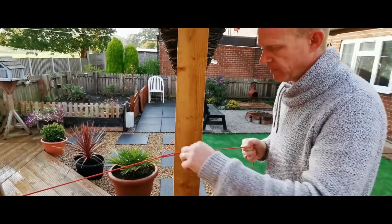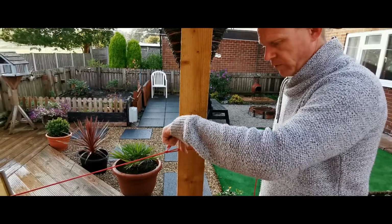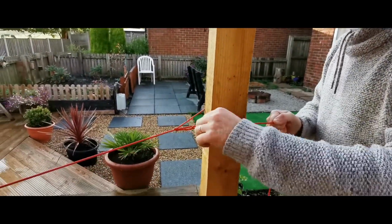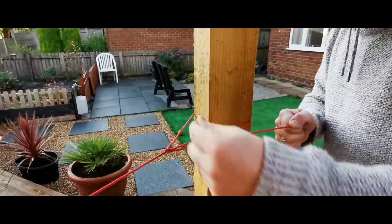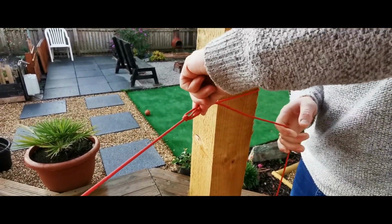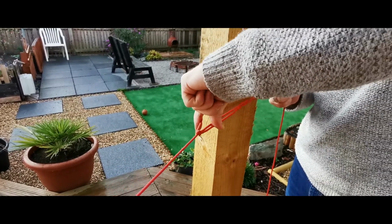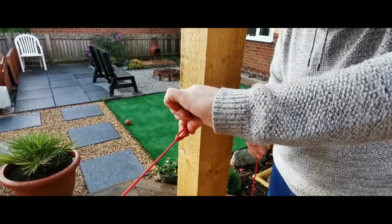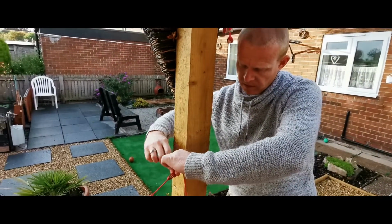But here comes the tricky bit. You've now got to pinch all three. I'll just slacken it off a little bit. You've got to pinch all three of those together as best you can and as close to this bit as you can. So you're grabbing all three so you don't lose tension. That's the tricky bit. Okay? Then you make